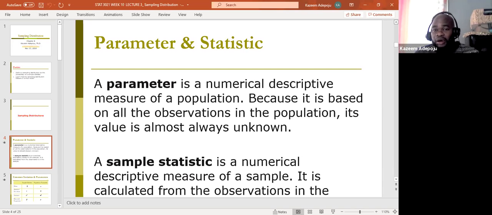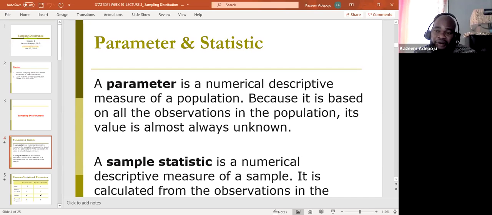We want to know probably what is the proportion in an election, what is the proportion of those that will vote for a particular candidate, or maybe we want to figure out what is the average annual income in a particular country. That is what we call parameter. Anything that we're seeking to know, that's what we mean by parameter. So parameter could be mean, it could be proportion, it could be variance, it could be standard deviation.